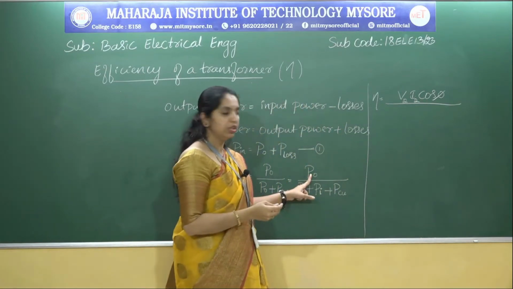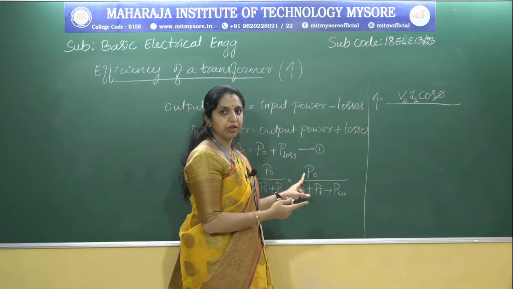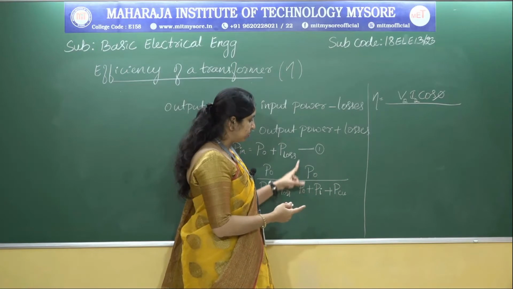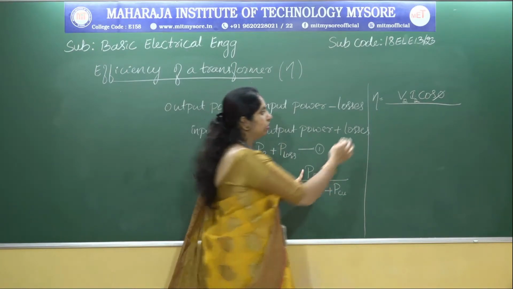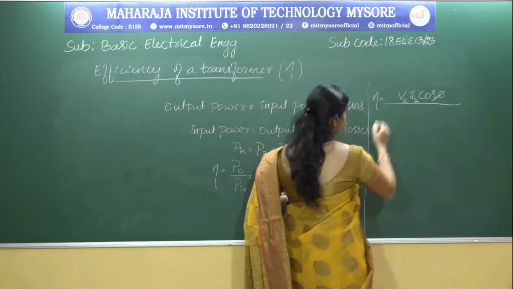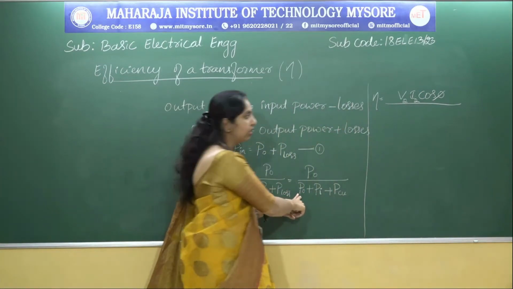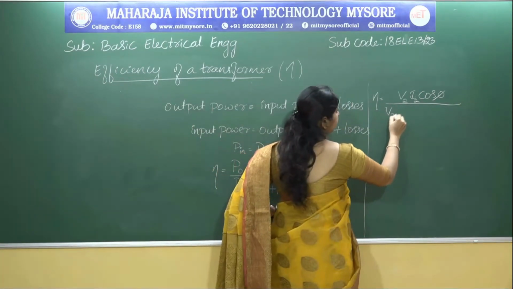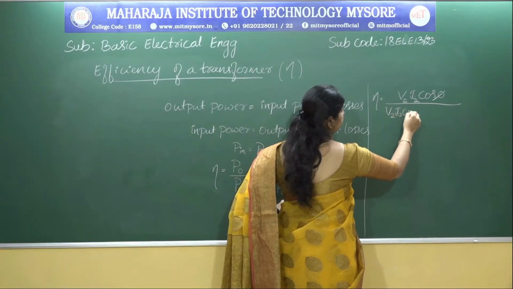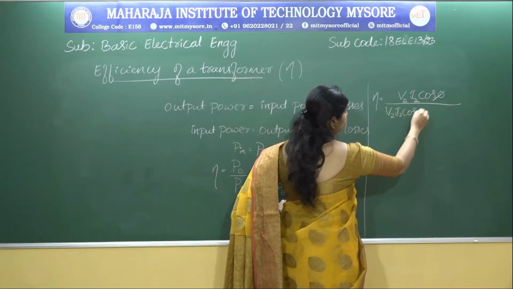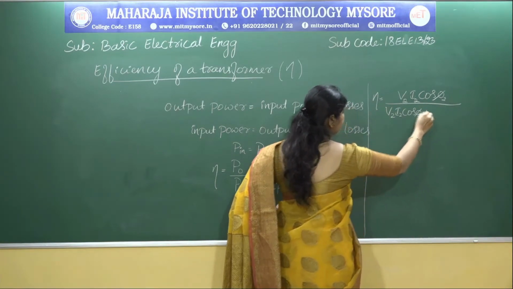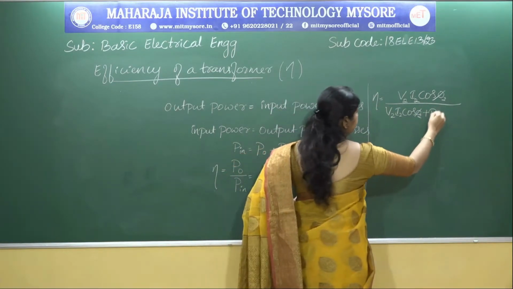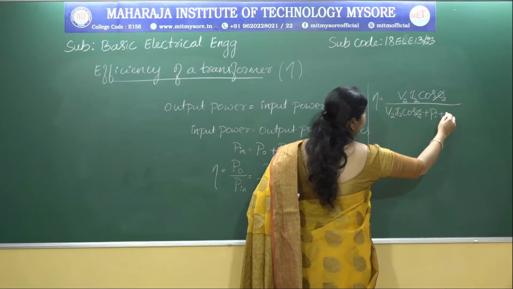Why V2, I2? Because we are considering the output power, and output power is always measured at the secondary winding. So P naught is V2 I2 cos phi 2, and similarly in the denominator we write V2 I2 cos phi 2 plus Pi, which is the iron loss, plus